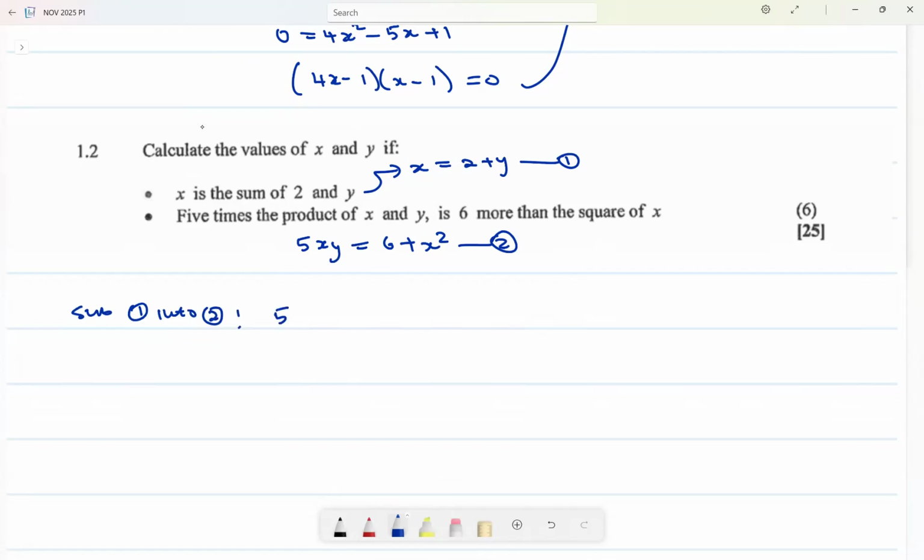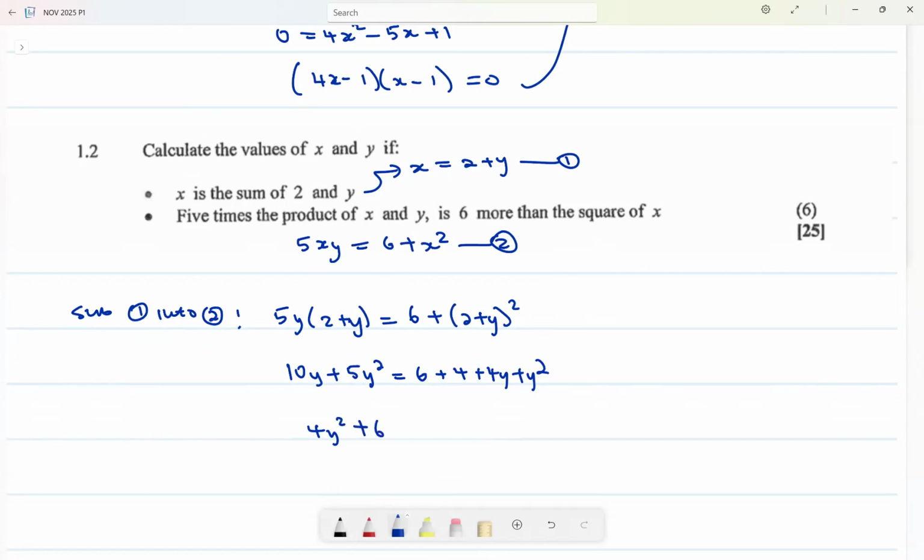So I'm going to have 5y. Then when I see x, I'm going to substitute with 2 plus y. It is equal to 6 plus 2 plus y squared. Then I'm going to say this is 10y plus 5y squared is equal to 6 plus 4 plus 4y plus y squared. Let me apply zero factor. 5y squared minus y squared is going to be 4y squared, and then 10y minus 4y going to be plus 6y. 6 plus 4 is 10. When I take it to the other side, it's going to be minus 10